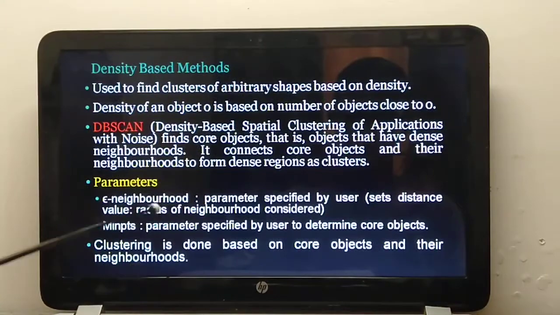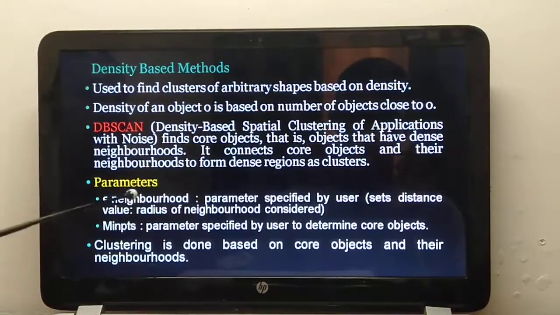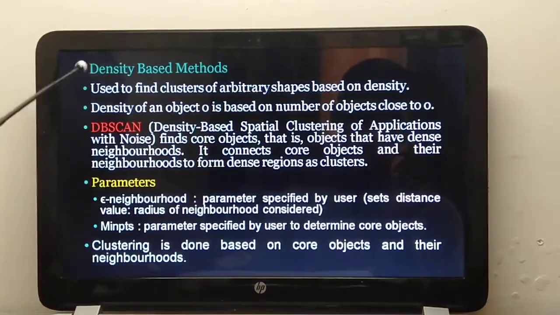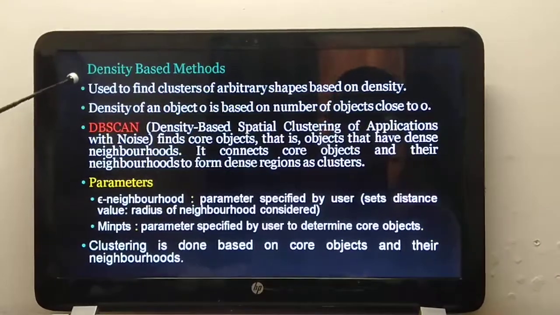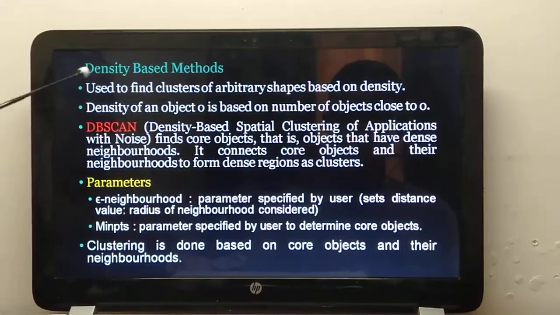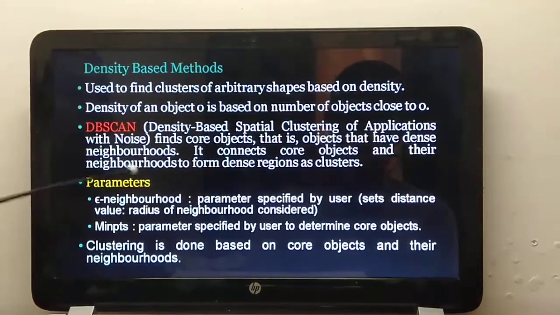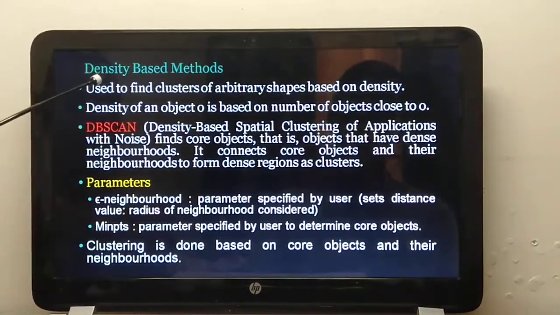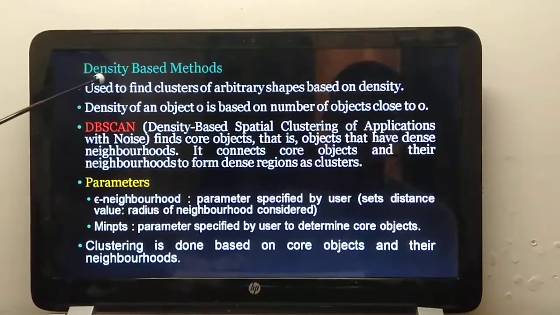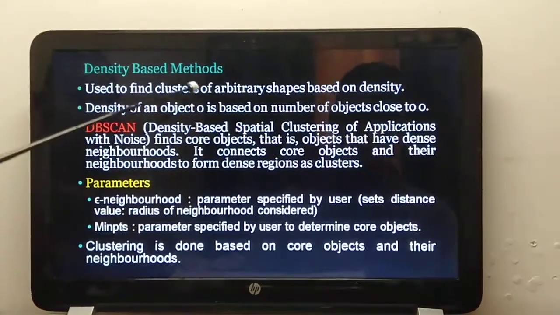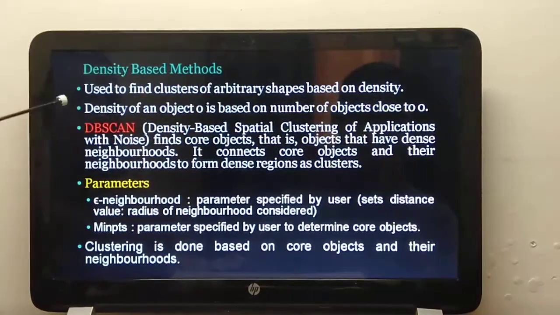Both of these algorithms, we are not going to have numerical examples, but I will give you the algorithms that are being used and how exactly the clustering method is being done. So we have density based methods. From the name itself you know that the clustering is not done based on distance. Instead, if we have many points in a particular area, then it is called a dense area. And depending on the density, high density areas will be clusters and low density areas will be counted as outliers or noise. Okay, and this method is normally used for finding arbitrary shaped clusters.